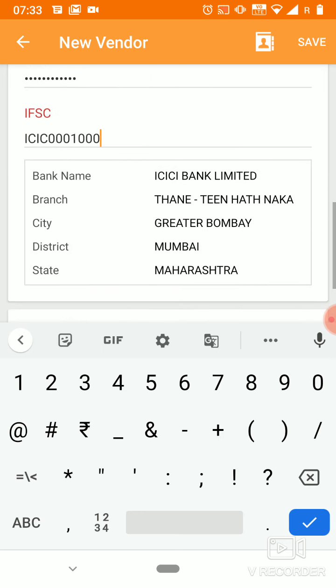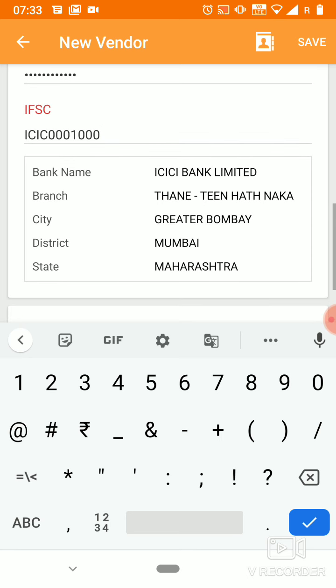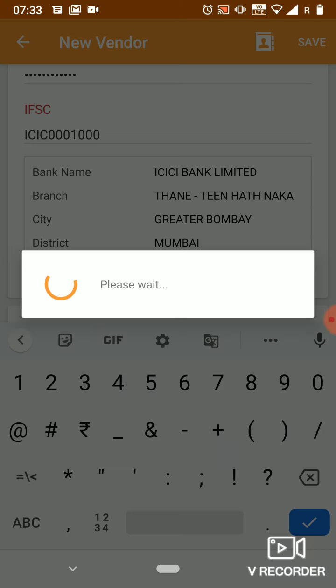It will fetch all the details automatically. Now you have to click on save button, which is available on the top right corner.